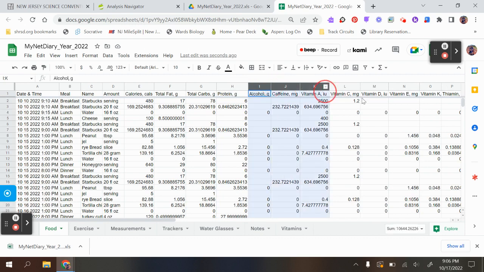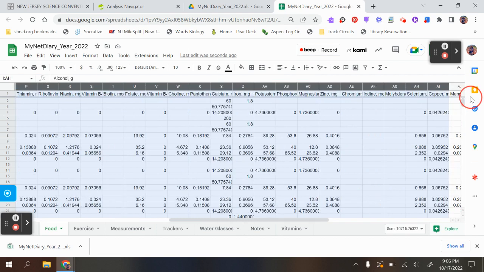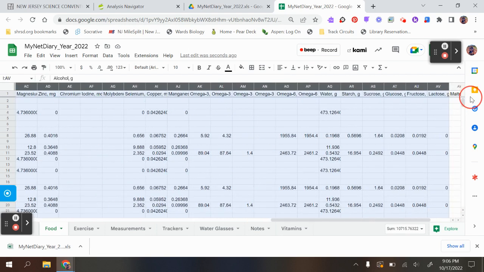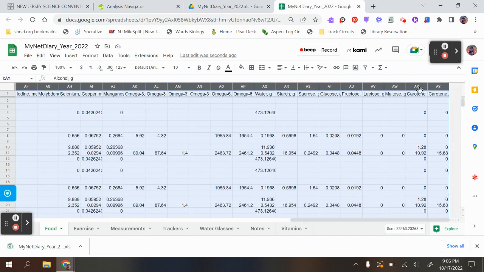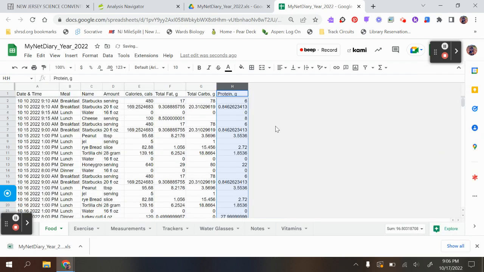So I'm going to go I through whatever other column. Look at all the columns. It does a really good job of keeping track of lots of information, a lot more than we're going to need. So I'm going to delete all those columns. So what we end up with is a spreadsheet that has the date, the meal, the name of the food or drink you consume, the serving size, and then calories, total grams of fat, total grams of carbohydrates, and total